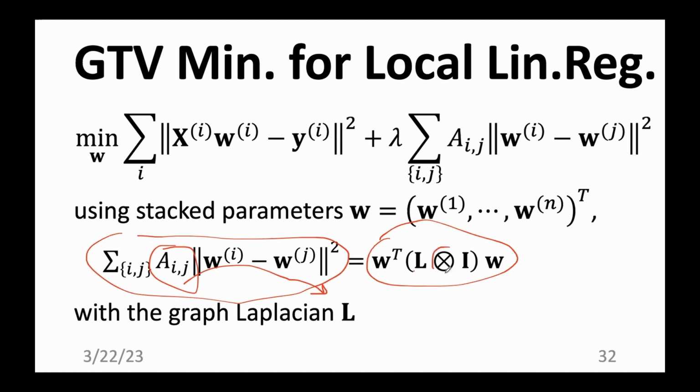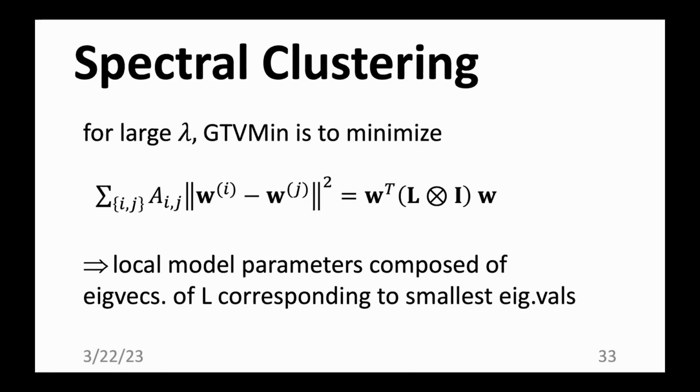So this here is the Kronecker product. The Kronecker product means, if this is the graph Laplacian, L11, then taking the Kronecker product means you multiply each entry of this Laplacian matrix with the identity matrix of suitable dimension. So it's an extended or upgraded graph Laplacian matrix that we use here in this quadratic form. And once you write the objective function using the graph Laplacian, you can get some mileage in the analysis of the solutions by